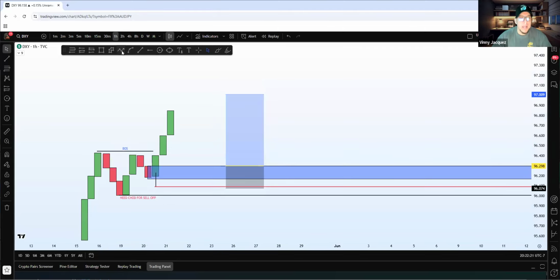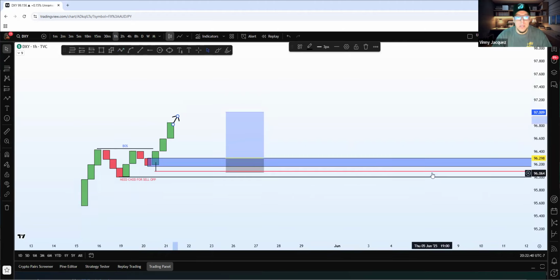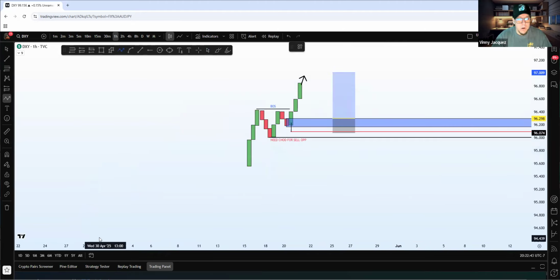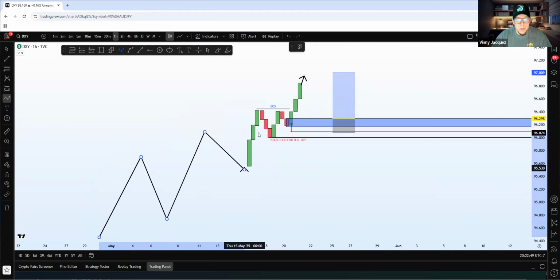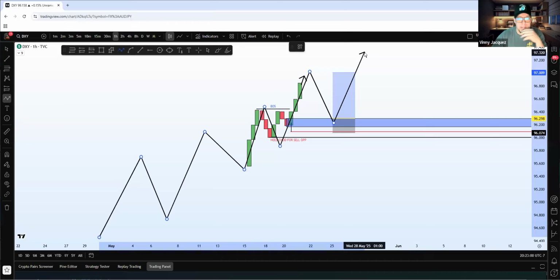I don't care what the market wants to give you, right? You don't have to look for sells yet. These sells up here, these are the counter trend sells. I'm not saying you can't take them. You can if the market gives you an opportunity. I'm saying you don't have to, because if the market is in a bullish trend, higher high, higher low, higher high, higher low, we're waiting for the market to come back to us so we can continue to new highs. Give me an 8 if that makes sense, guys.